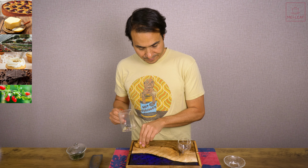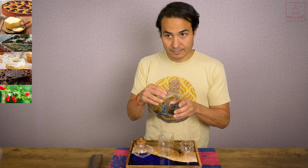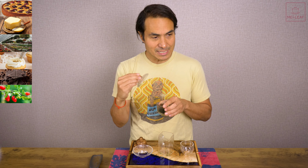Okay, let's have a smell of these wet leaves. Ooh, okay, it's savoried up. That's not a word, but I'll use it. It's become more savory, but not in the same way as so many other Japanese green teas. It's not like umami, which is this particular rounded, rich, sort of savory, brothy note. This is more,